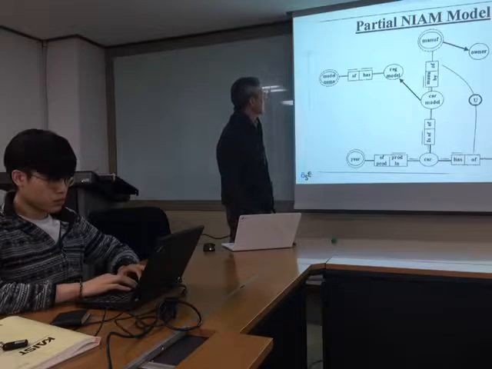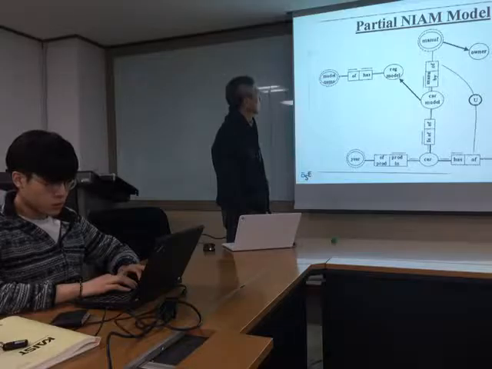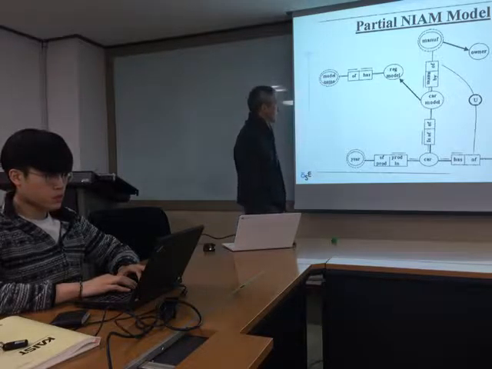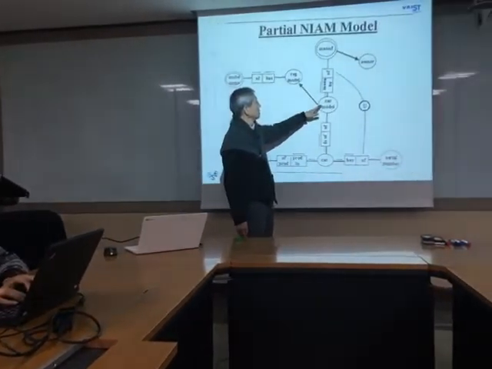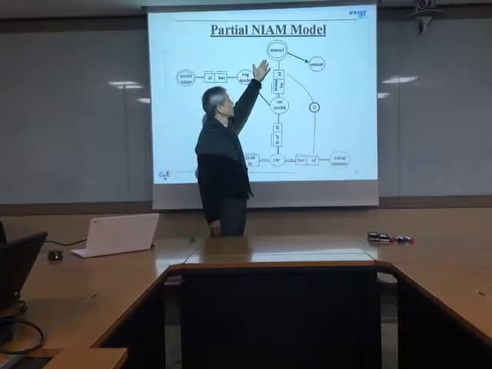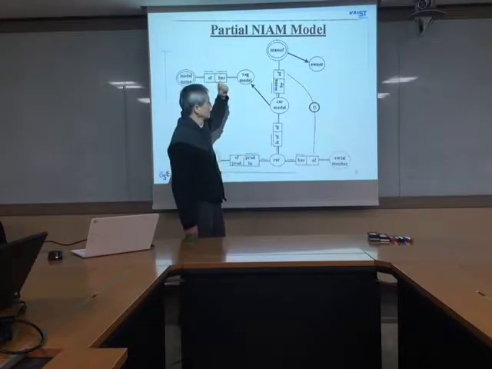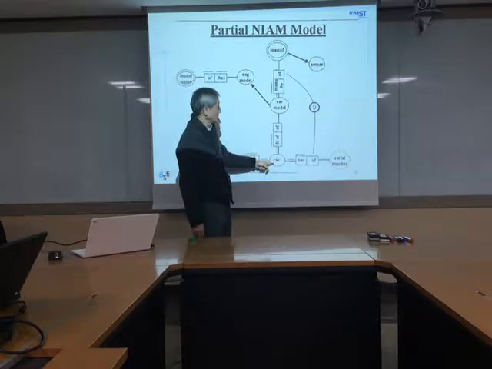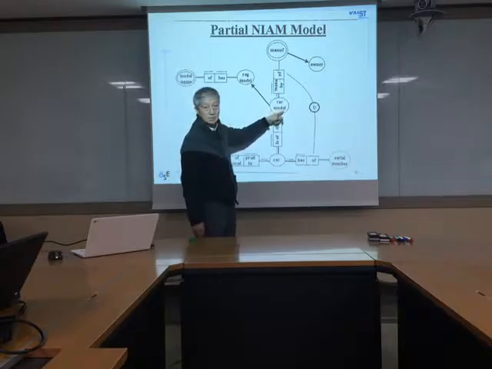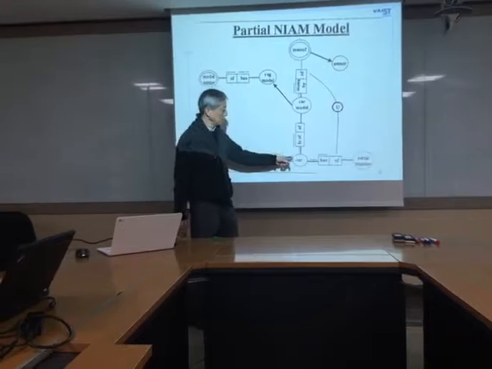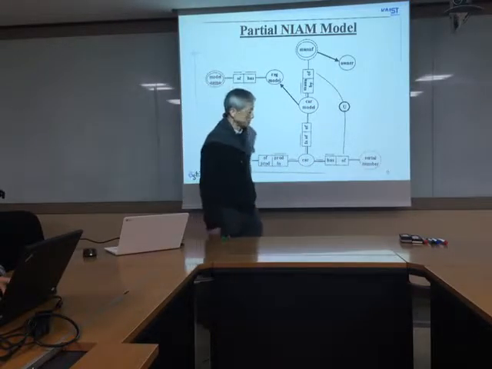And this diagram shows a sample of a NIAM model. Right? So you can see a car model manufactured by a manufacturer, say Hyundai or Volkswagen or Toyota, and then a real car is of a car model. This is a class, and this is an instance. And that car, the instance model, you know what is